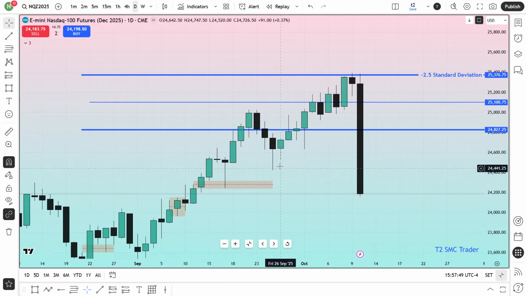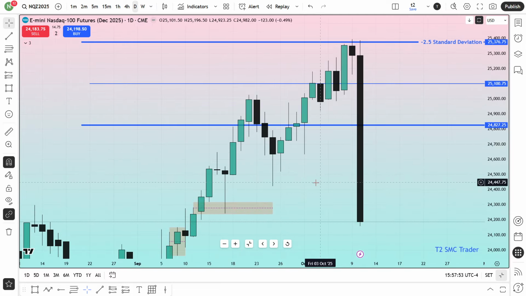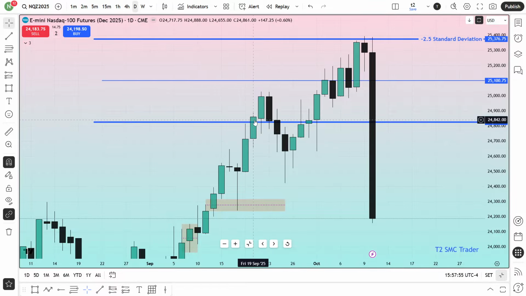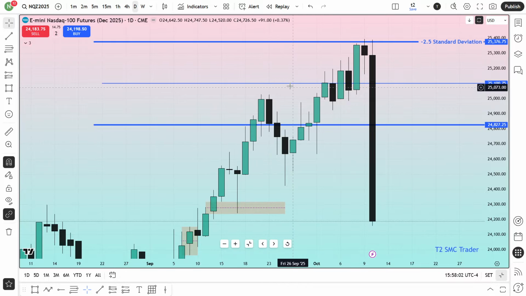Now you can see that the market has closed above this line. When it has closed above this line, okay, I'm done. I'm not looking for sell anymore. I will start to look for buy again. How long? Until minus 2 standard deviation. Why? Because it can come until this minus 2 standard deviation, then can give me some kind of reaction, a bit of reaction from this line. But it is not going to be a reversal that way. It's not going to happen like that.